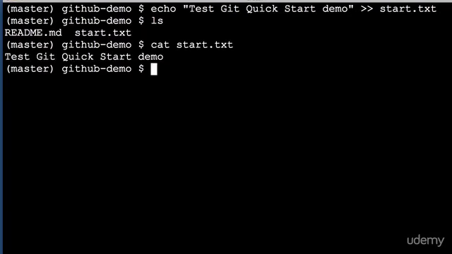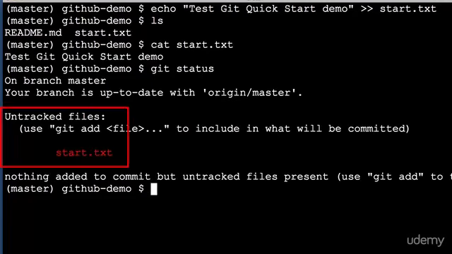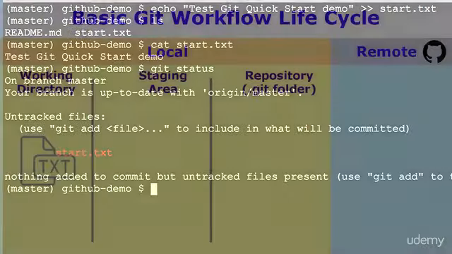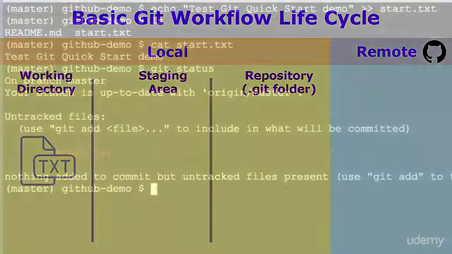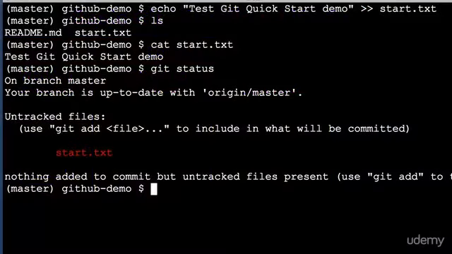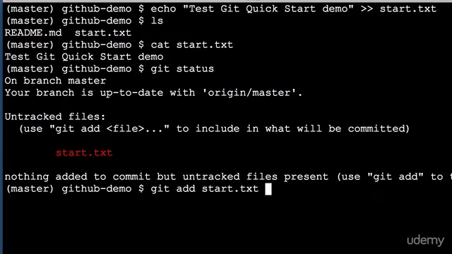Now, let's see what Git thinks about this file. git status. Press enter. Now, when we do that, Git says that we have an untracked file. An untracked file is just a file in our working directory that hasn't been added to Git yet. Our change, that is, our new file, is in our working directory. We haven't specifically told Git about it yet. So let's take care of that now with Git's add command. git add and then the name of the file,